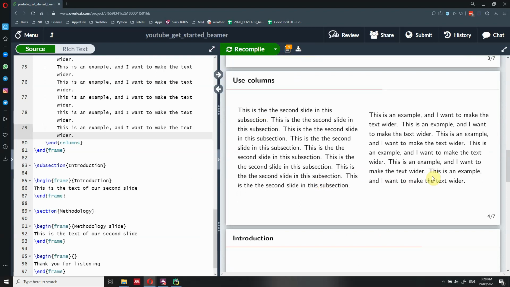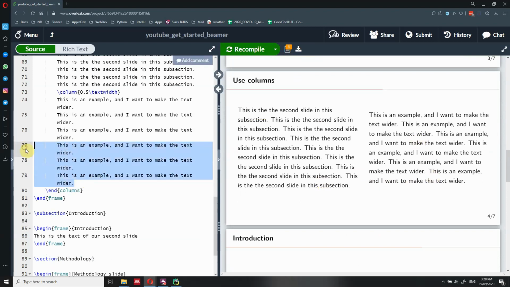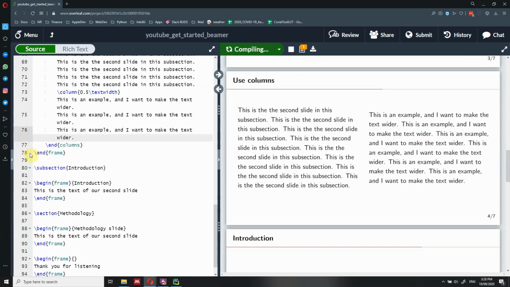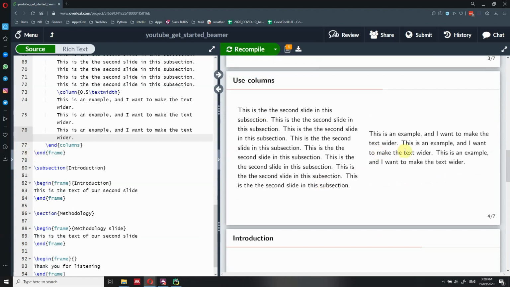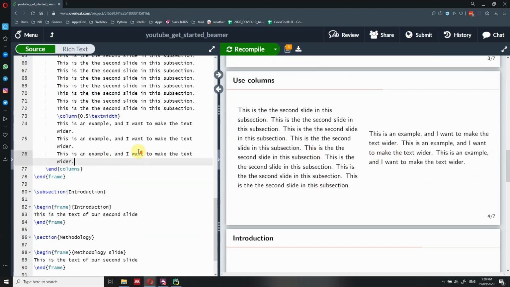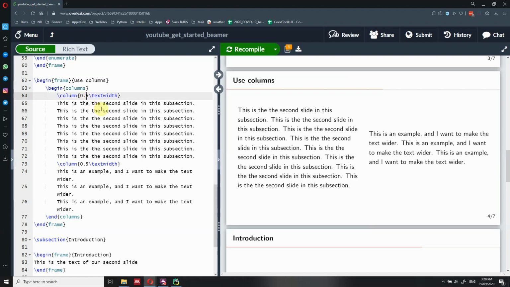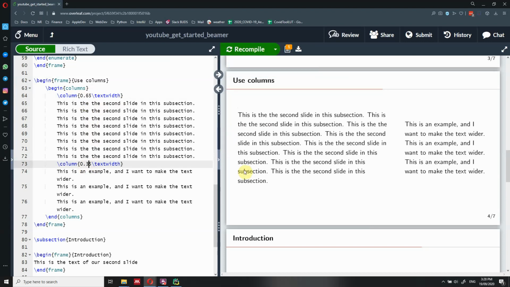And as you can see, here we have much less text. So for this column, perhaps we don't want it to be the same width as this one, because here we have more text. That's super simple as well. We can increase the width of this one. Of course, the sum of these two numbers has to be 100 or lower, because otherwise we are going to have an overflow. We're going to use more width than what is available. And now we have two columns in our slide, and they're more or less the same height.